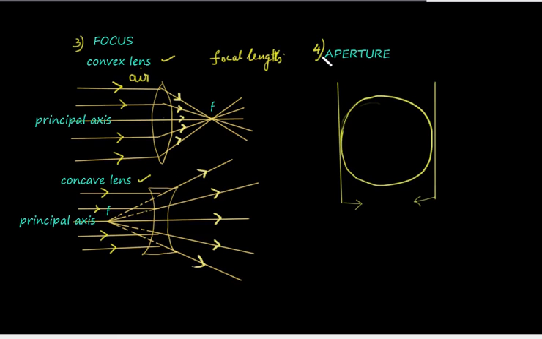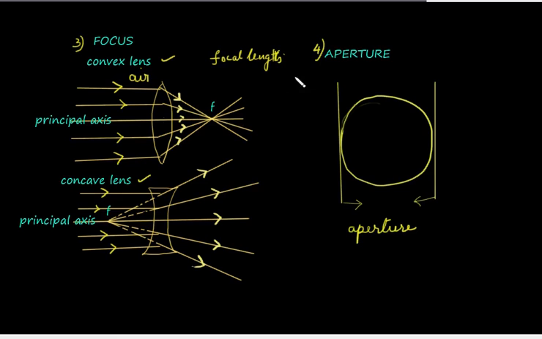Now we will see the fourth point, aperture. This is the circular lens and it is this area which can receive light. The effective diameter of the area where it can receive light is called aperture. In other words, we can say aperture of a lens is the effective diameter of light transmitting area. So this distance is the aperture.